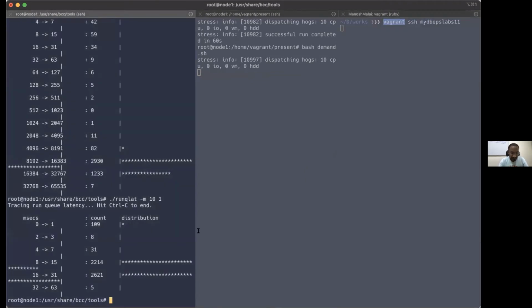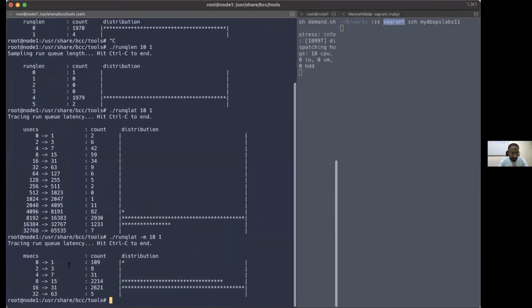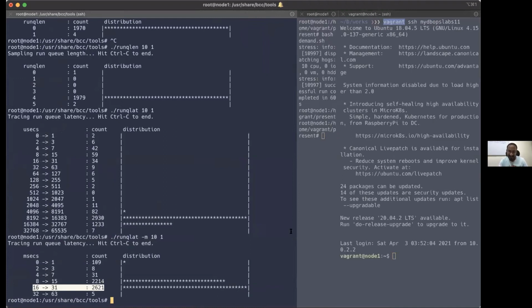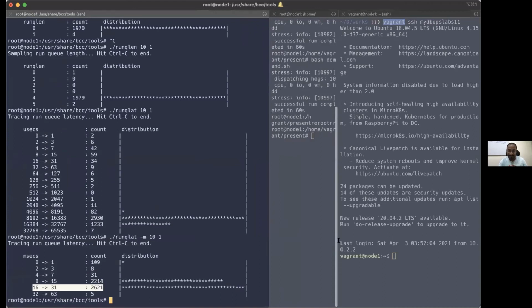You can see nearly 60 milliseconds I'm just waiting in the run queue itself. It's a beauty, right? 60 milliseconds is quite a disaster time when my clients are complaining that queries are running slow. 60 milliseconds I'm just waiting in the run queue itself.